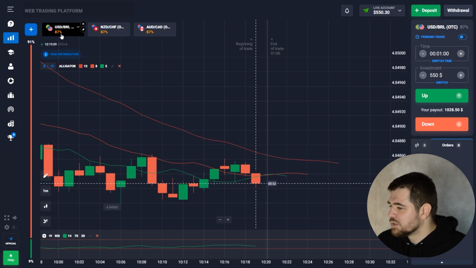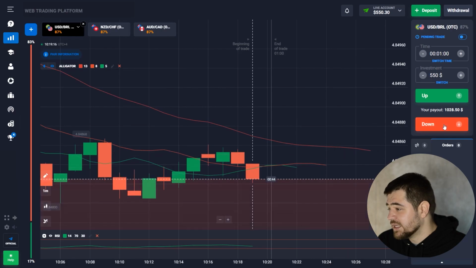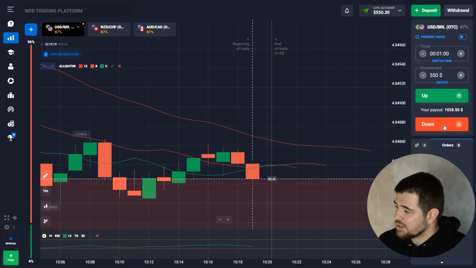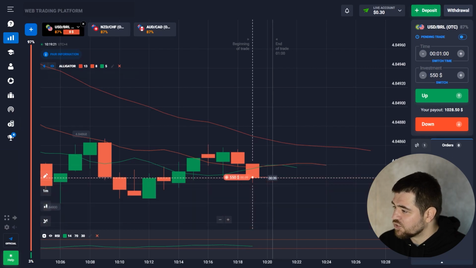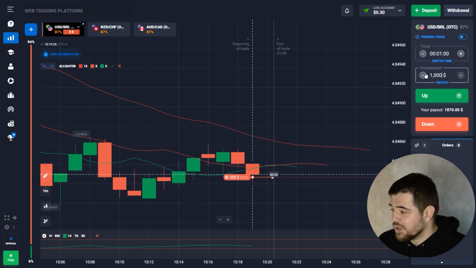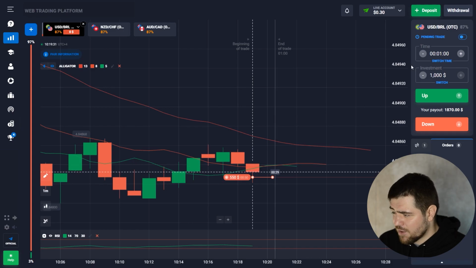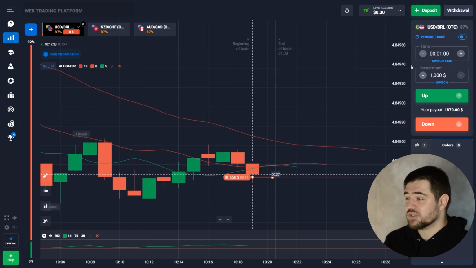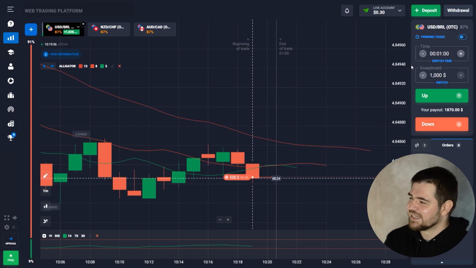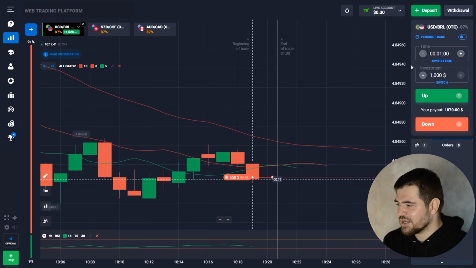Okay, so what do we have? I mean, we're in a downtrend. So maybe let's just trust the trend, the graph. But then the indicator and oscillator are both showing the price is dropping at this moment for now. So let's wait for the result of this one, guys, and I'm excited because it's getting to something pretty interesting, right? We're getting up to 1,000 soon. If this works out,